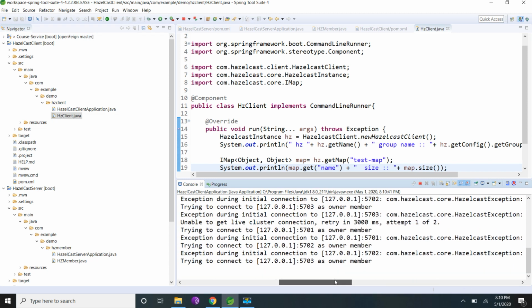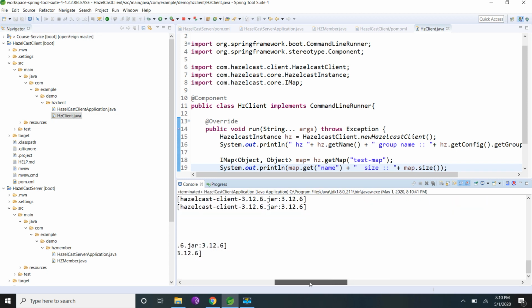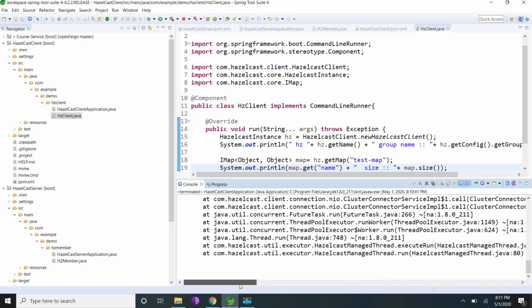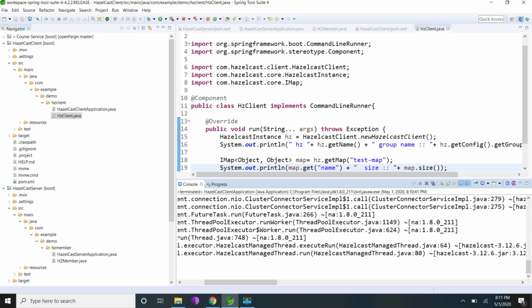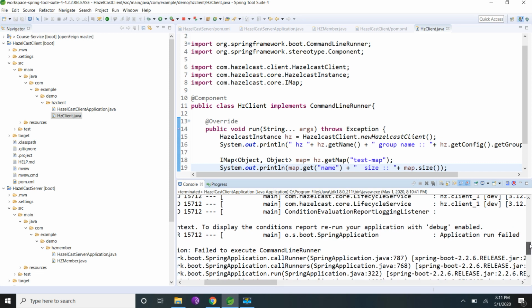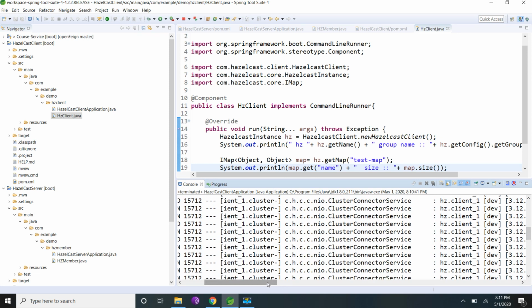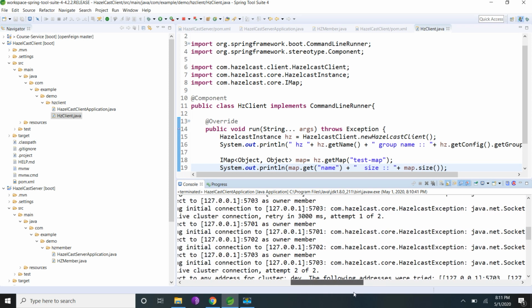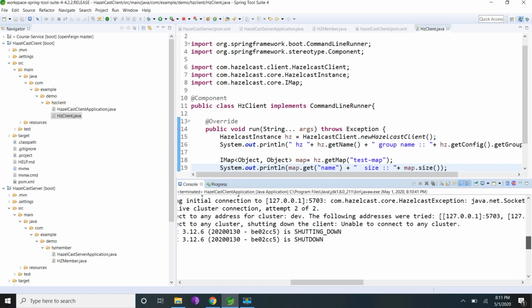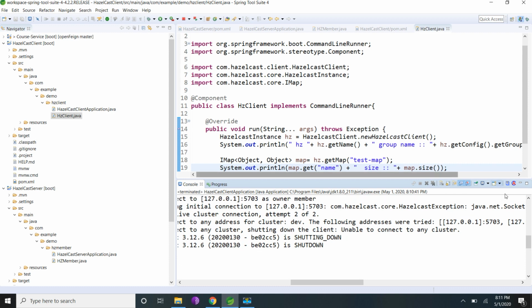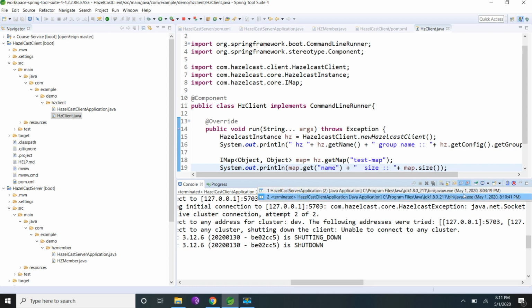Connection refused. It's trying to connect to the port 5074 and getting shut down. Our server is now with port.